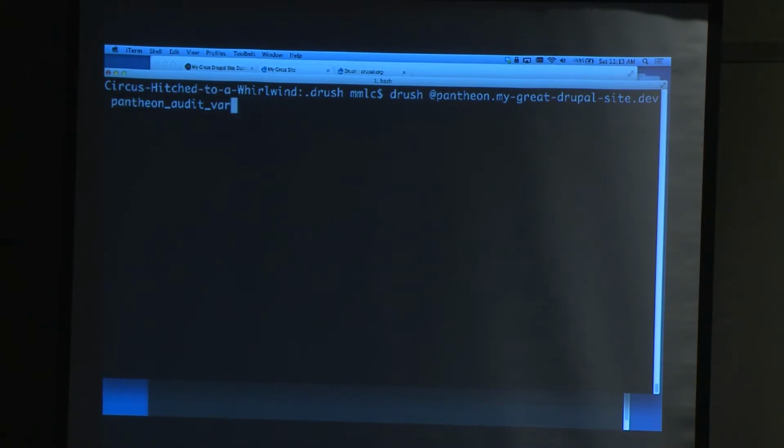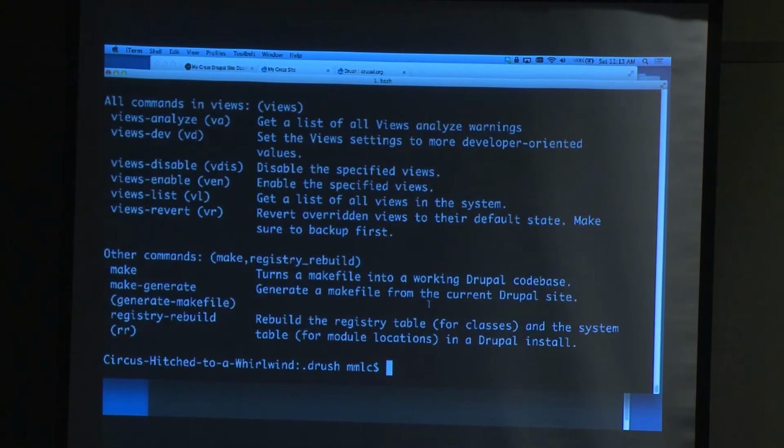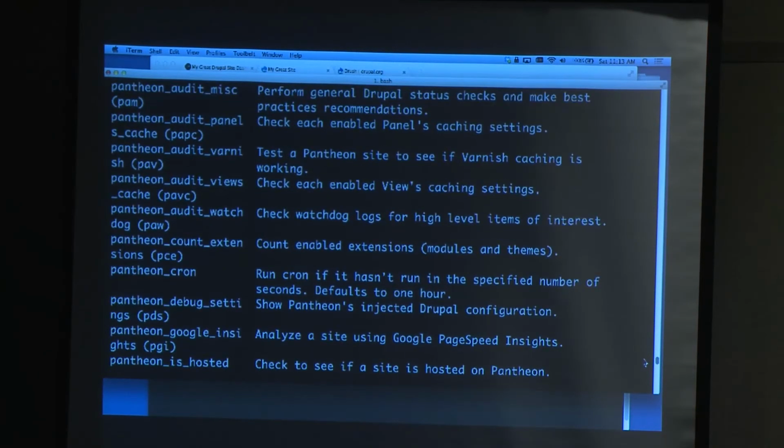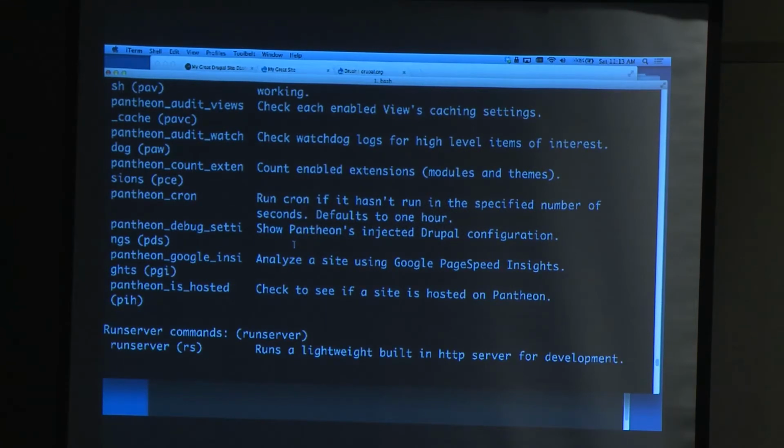I'm not sure. This is new. I'm not sure if that's the config on its site that's causing trouble, or if it's just the command. But these are things we're trying to put on Pantheon to give developers a little more value and get access to some of the stuff that maybe you want to see. One of the cooler things we added for front end performance is this thing called